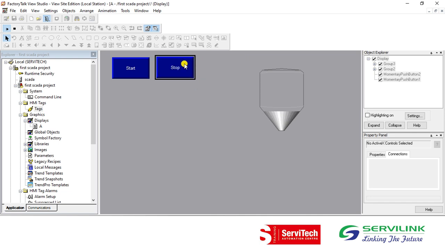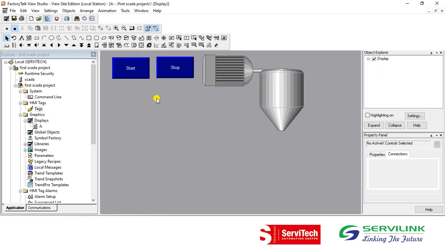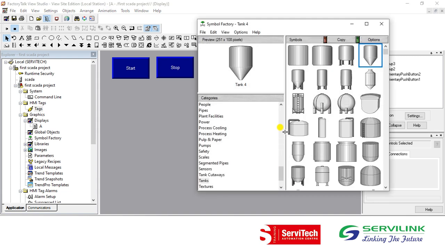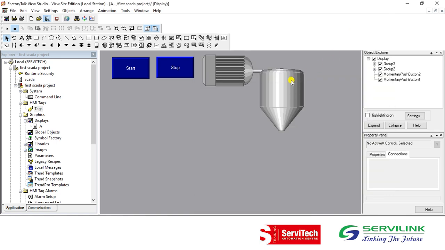And whenever I press the stop switch, it will stop our process. Now you can do this type of animation through any tanks from this tank category folder through the Symbol Factory. Now another animation is our movement motion. Like if you want to move any object from one side to another side,